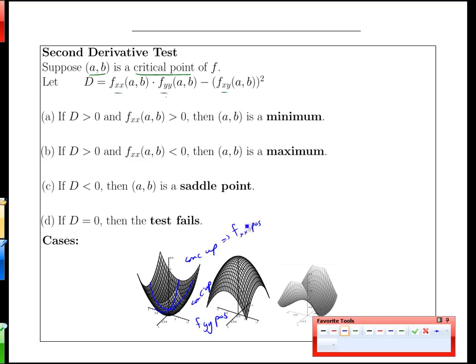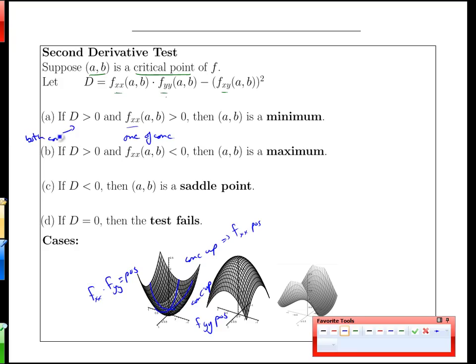We would have f_xx derivative positive and f_yy's derivative positive. If we multiply those two, which is what this D value does for us, we would get something positive. So f_xx times f_yy is positive. The product is positive. Well, that's one of these two cases here. If that D value is positive, and we can read this as one of the concavities is also positive, well,